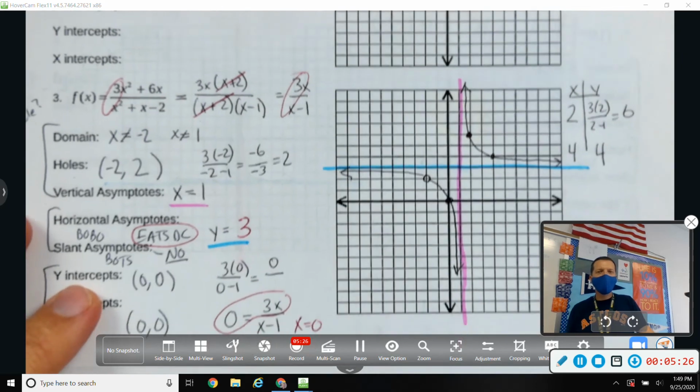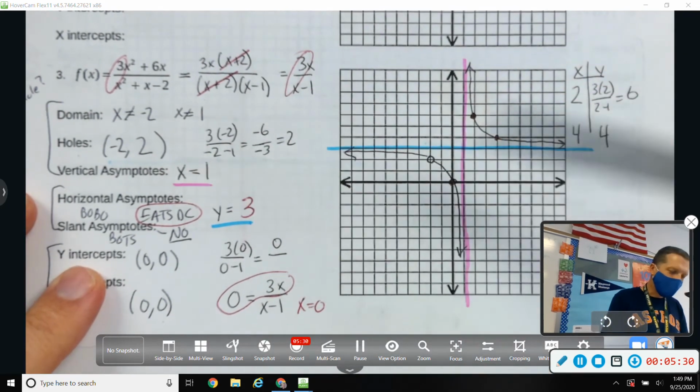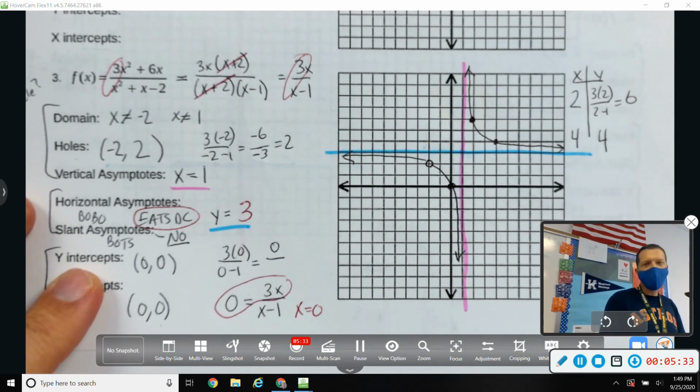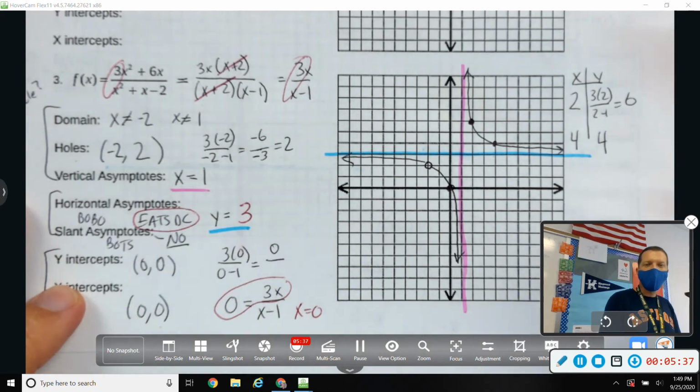Nice little graph there. So, again, lots of stuff going on. 3 of those on the test, worth 20 points each. Just make sure you get as many of the points as you can. How many graphs